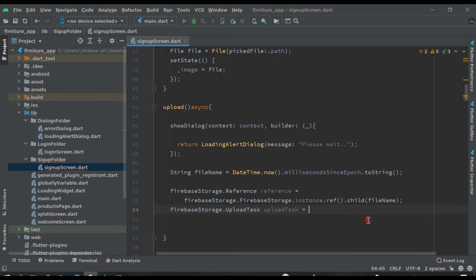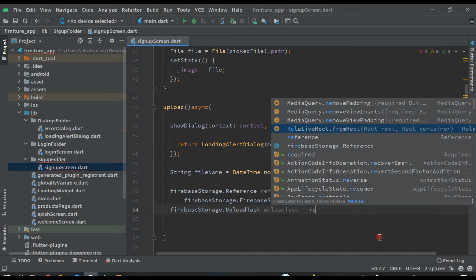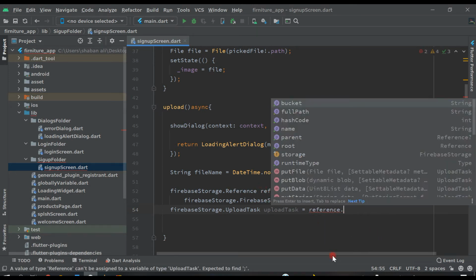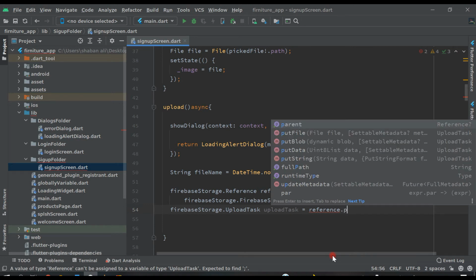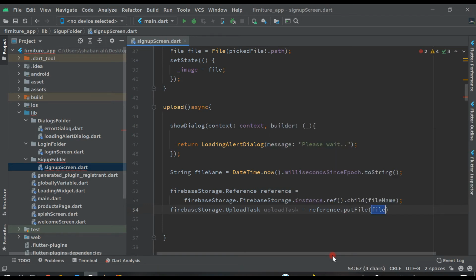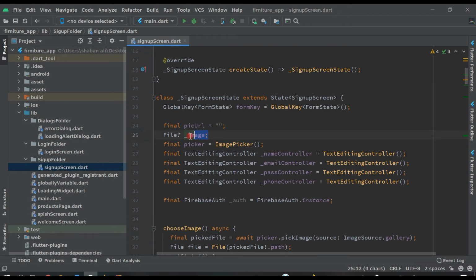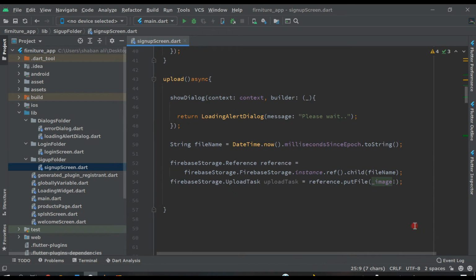We will use this reference, this one, dot putFile, and the file will be _image, and put one exclamation mark for null safety, like this, and comma. And this variable which we have declared here, this one, file image, and above here we have declared it also. So this is our variable.